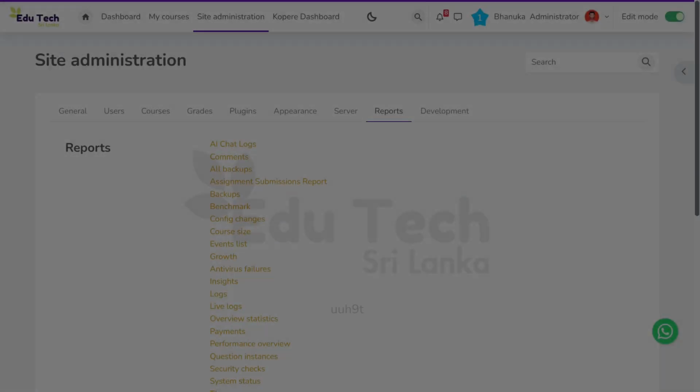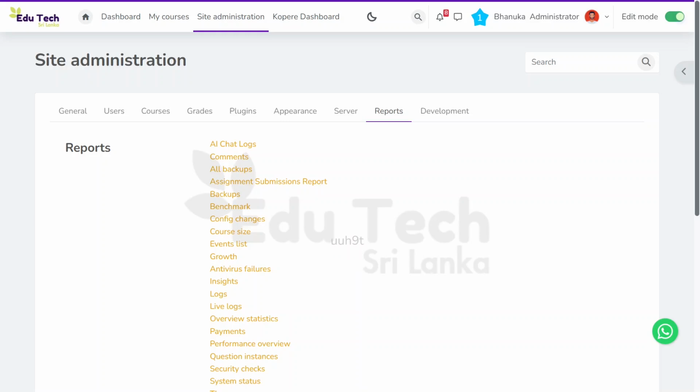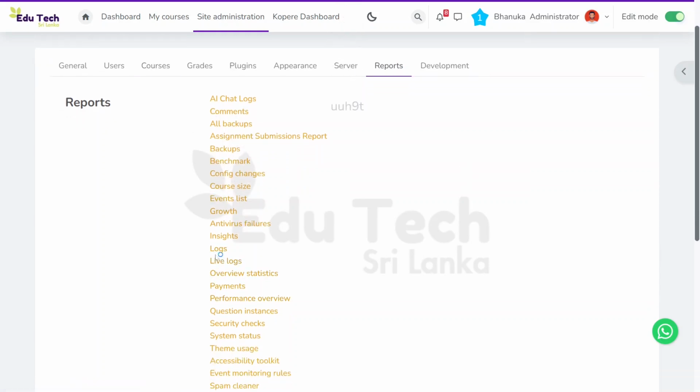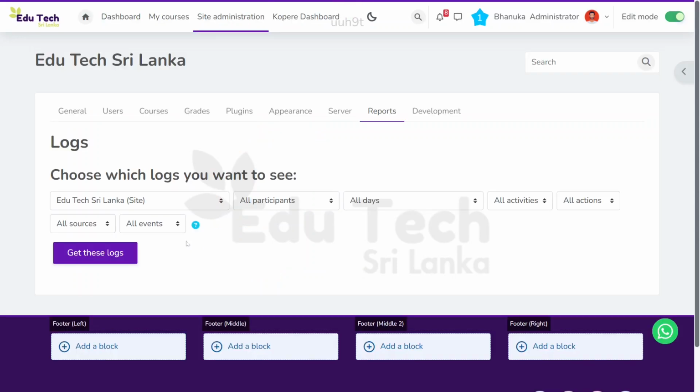Here I am going to show you how we can check the logs from Moodle Learning Management System. I have logged in as an administrator, then I go to reports, and under reports there are two sections, logs and live logs. Let me check logs. In the logs you can see all the activities, all the logins that have been recorded within Moodle since the beginning.